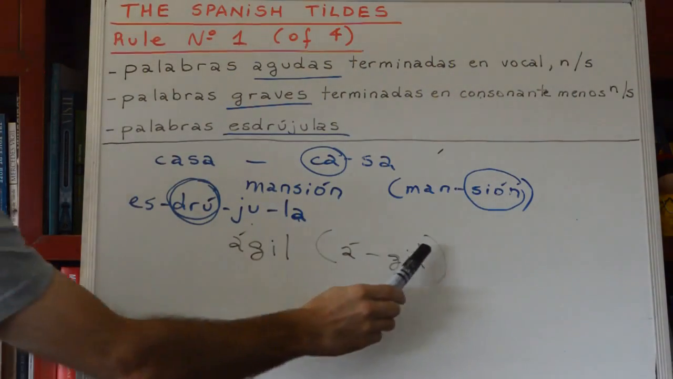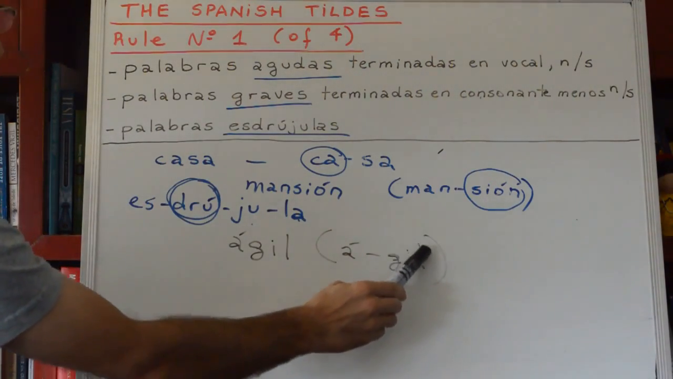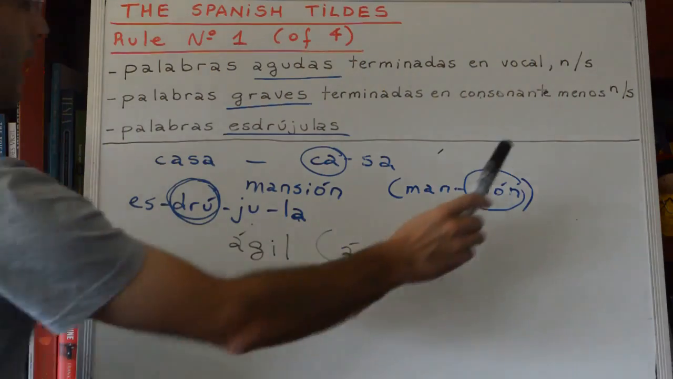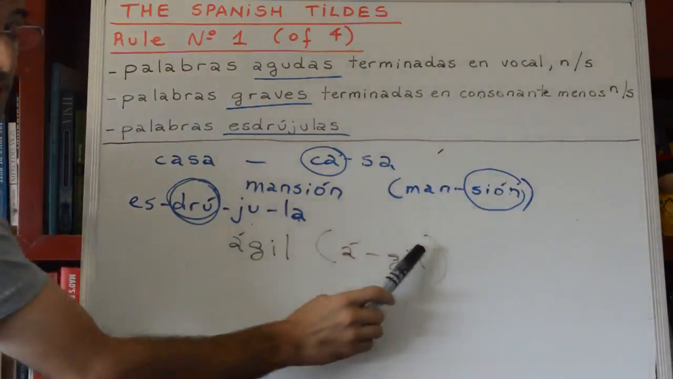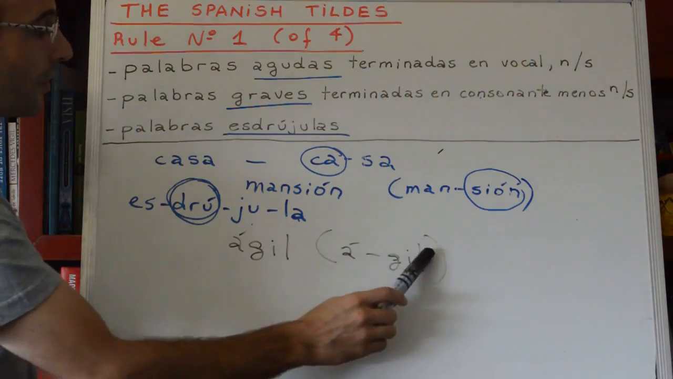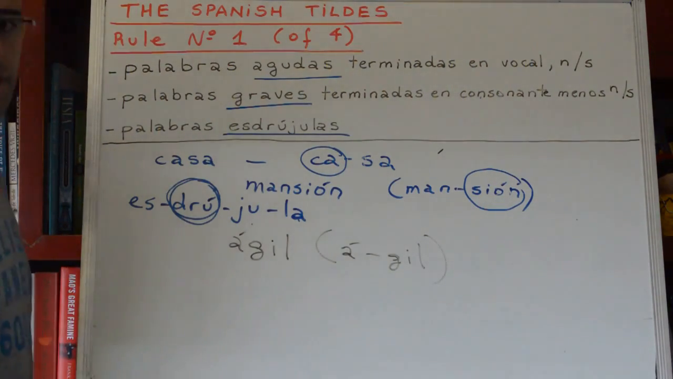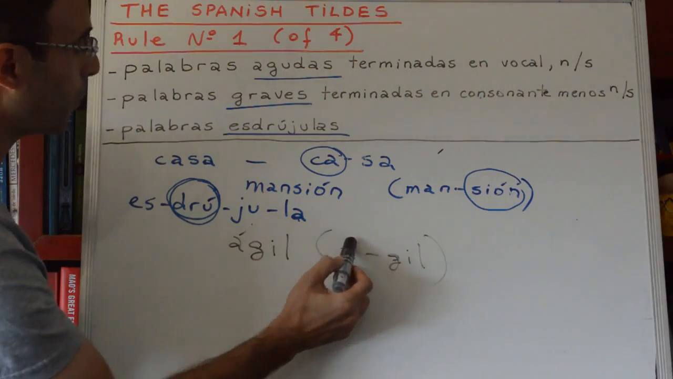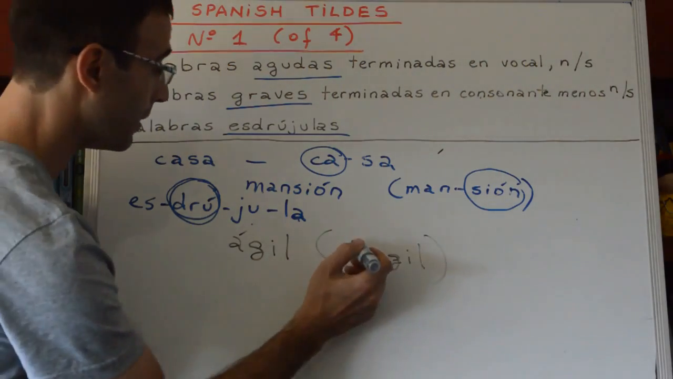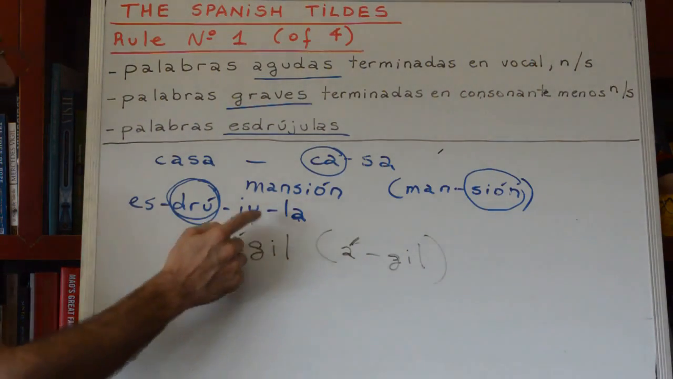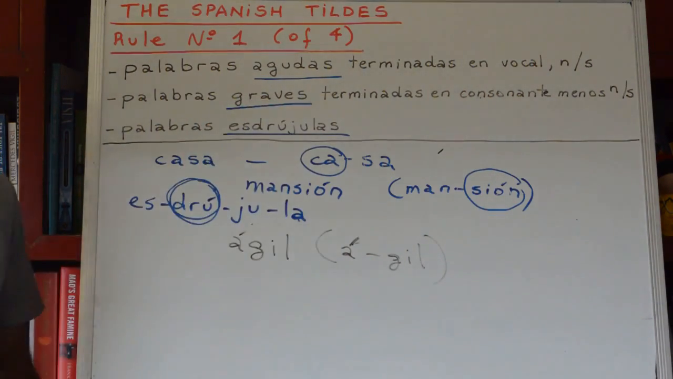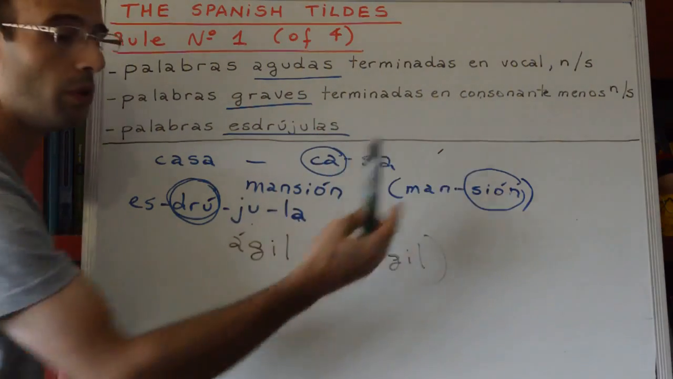Yes, it ends in a consonant. The letter L is a consonant, and it's not an N and it is not an S, right? So this word ágil does carry a tilde. That's why we have a tilde here on the letter A, right? Other examples of grave words that carry tildes because of this rule would be,